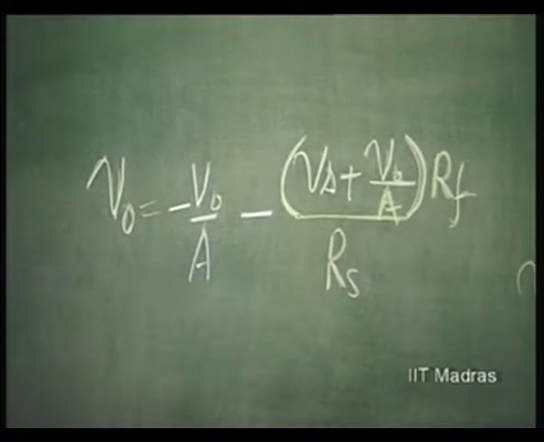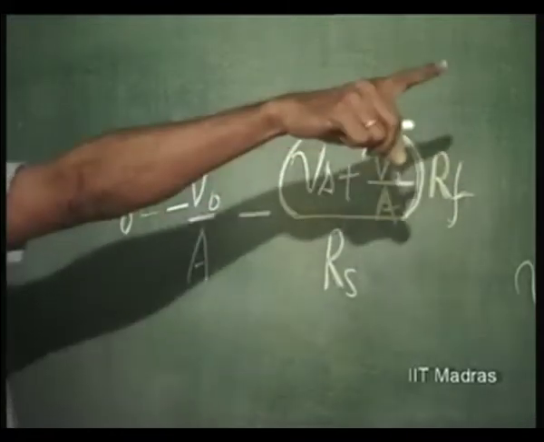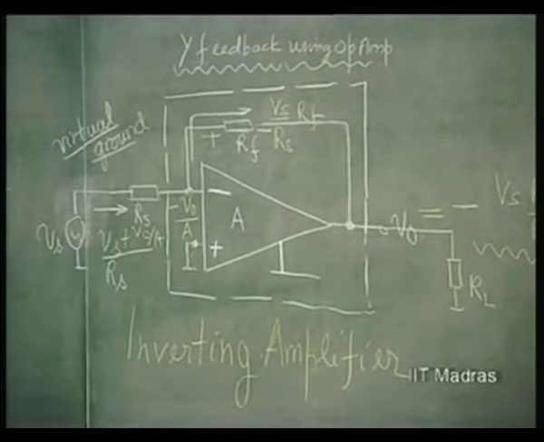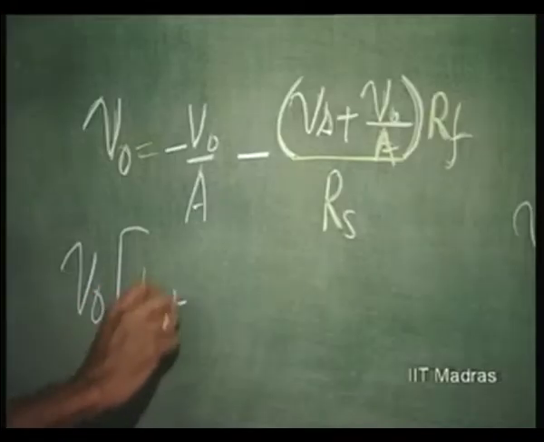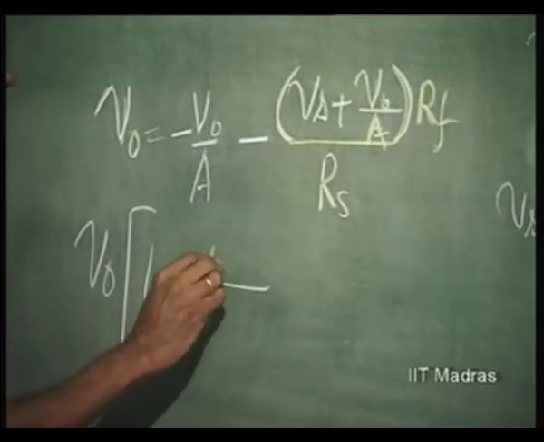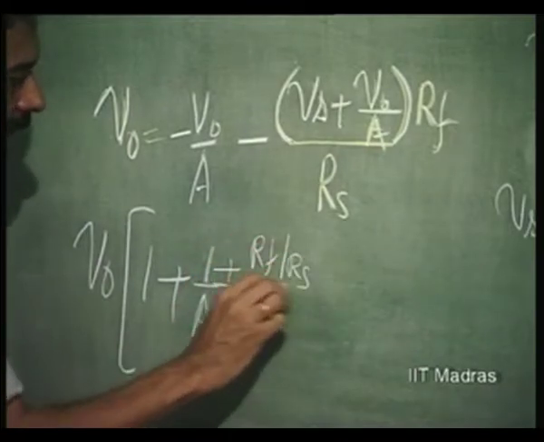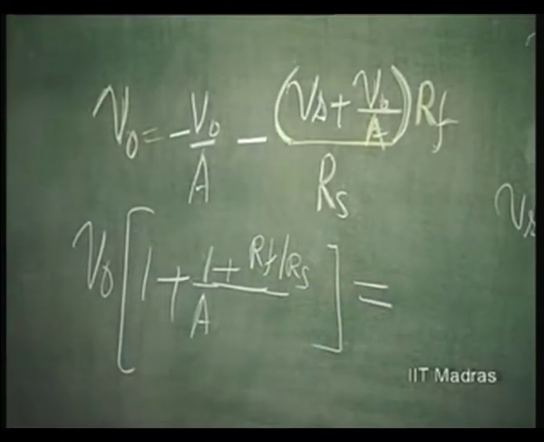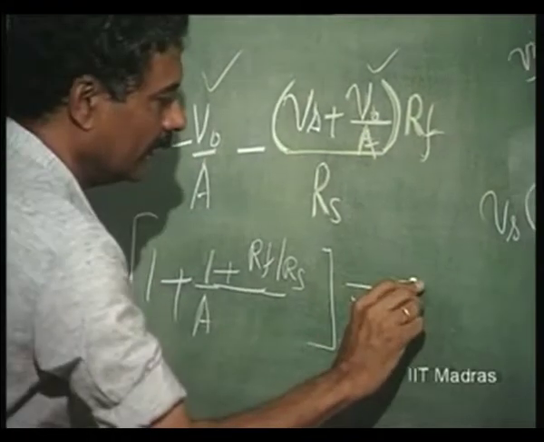So, if A is infinity, you can just look at it. This will go to 0, this will go to 0, and we will get back what we had earlier, that is minus Vs into Rf by Rs. Therefore, V naught into 1 plus 1 over A plus Rf by Rs over A, and this is equal to, these two factors have been taken into account, and minus Vs